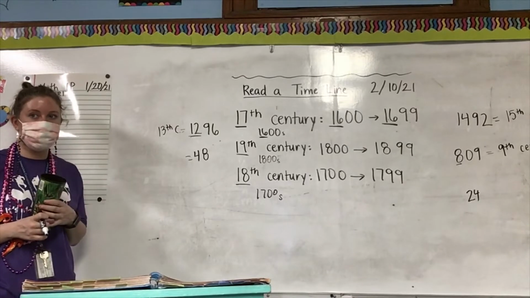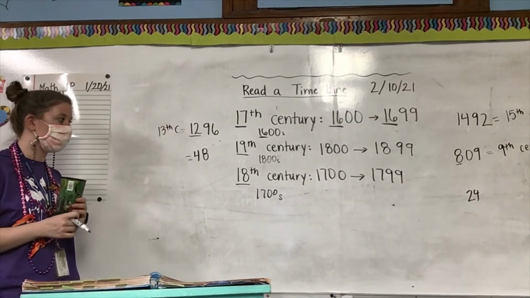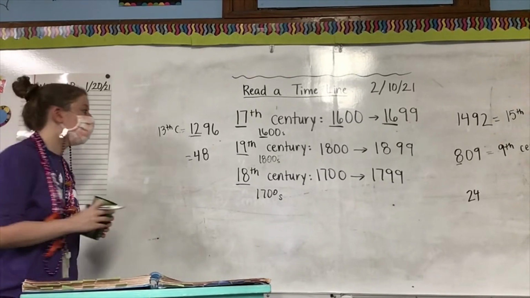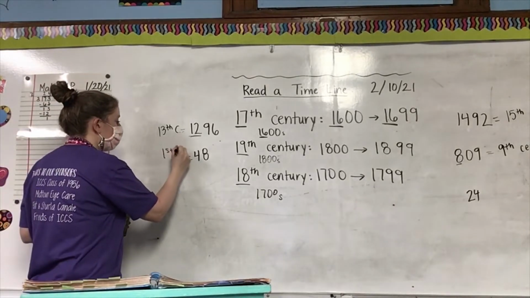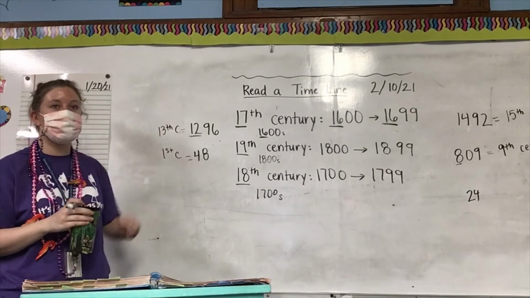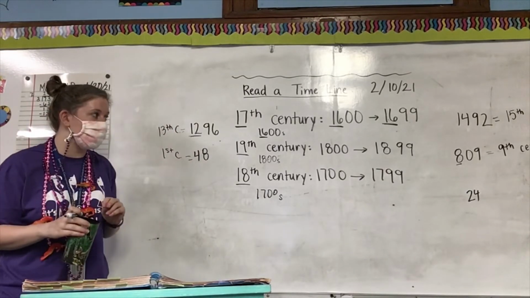Mason, can you help her out? The 5th century? Not the 5th. Zadie, can you help them out? The 1st century. The 1st century. Remember, if the year has 1 or 2 digits in it, it happened in the 1st century because the